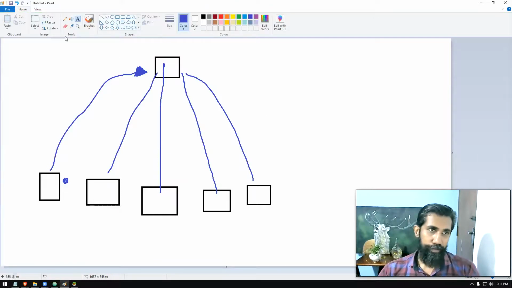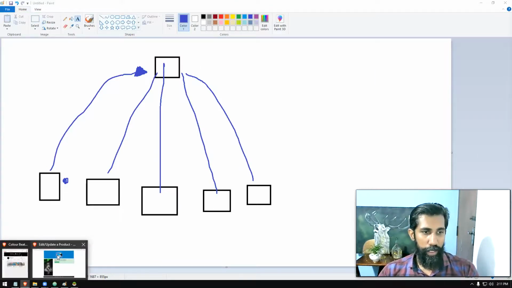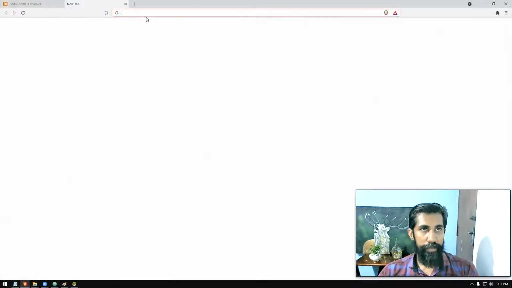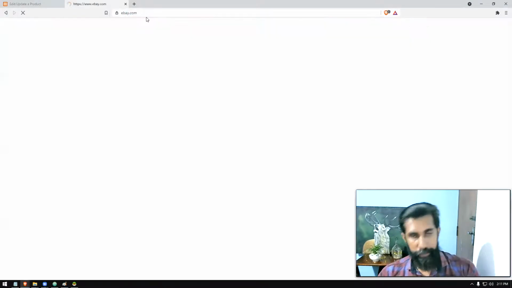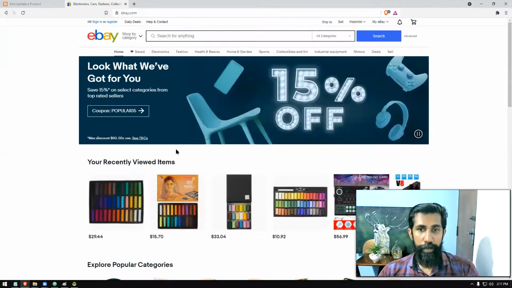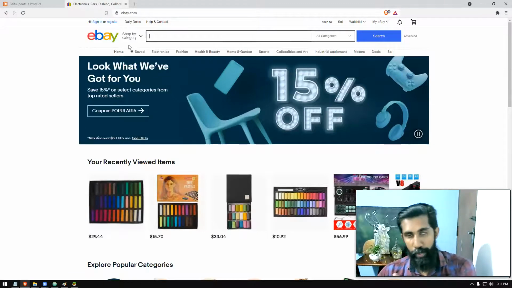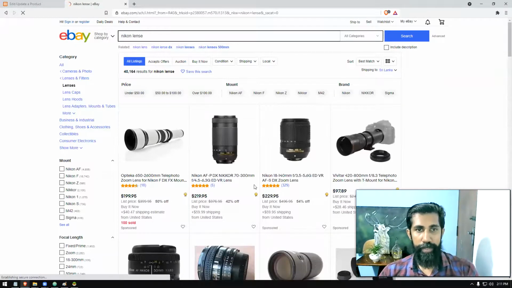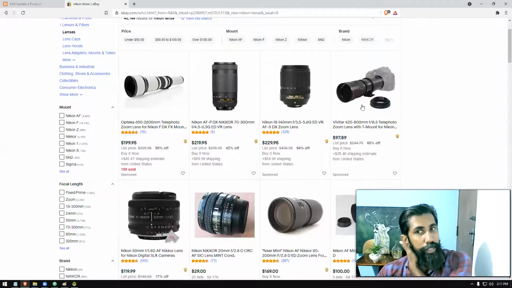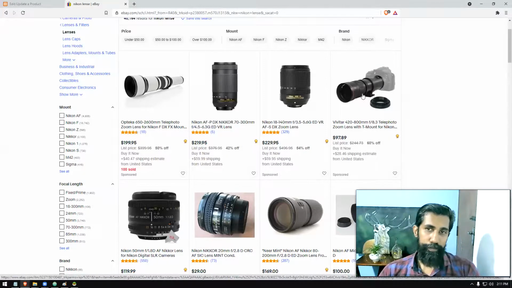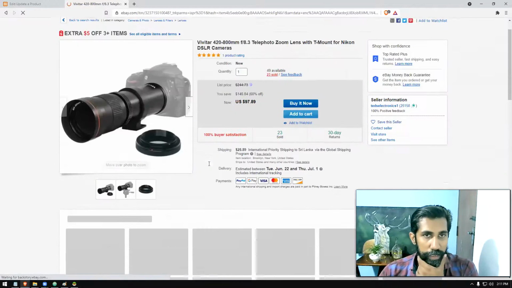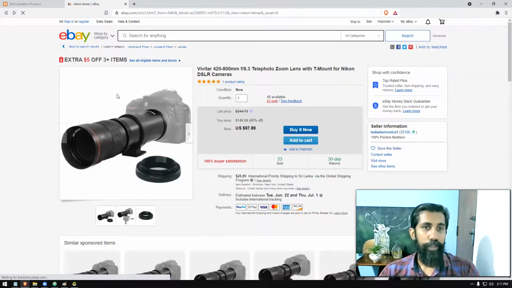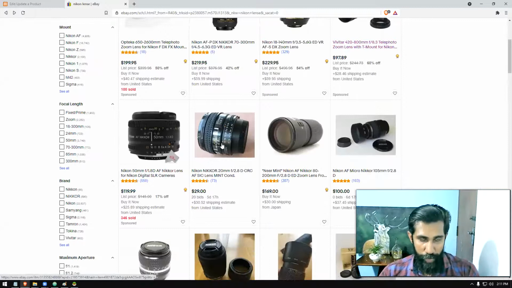Sessions, in the sense, if you go to a page like this, if you go to eBay, these are the things that I browse. It's showing these color pencils and all. So when I browse for something like, let's say, a Nikon lens, I'm searching for a lens, and I'm interested in this particular lens, so I go here. Then I think the brand is not Nikon, so let's go to another one. Let's say this one. I can keep on browsing.